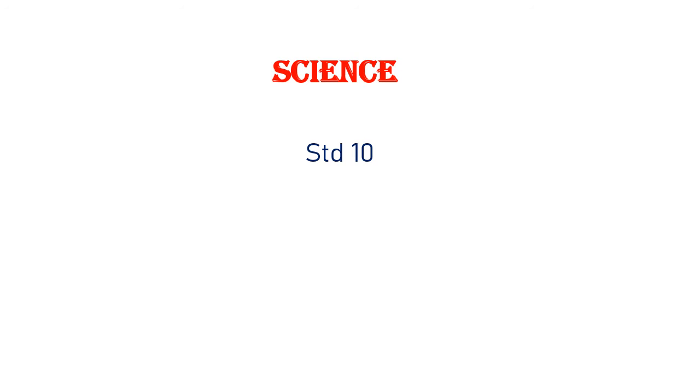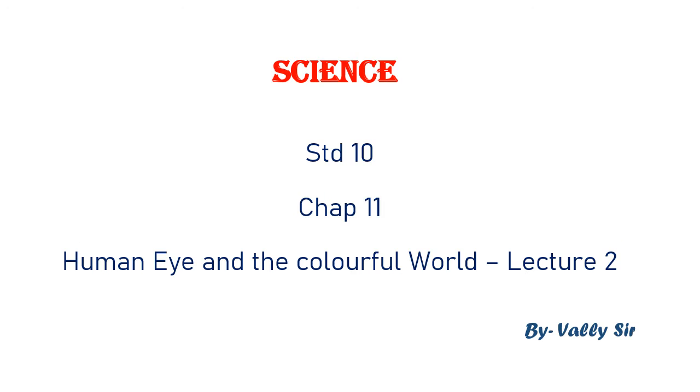Good morning, friends. In yesterday's lecture, we saw the structure and the working of the human eye. I hope you have learned all the parts of the human eye and the function of each: the cornea, the iris, the pupil, the crystalline lens, the ciliary muscles, the retina, the optic nerve, vitreous humor, and aqueous humor. So, we have seen a normal working eye will give us the correct vision.